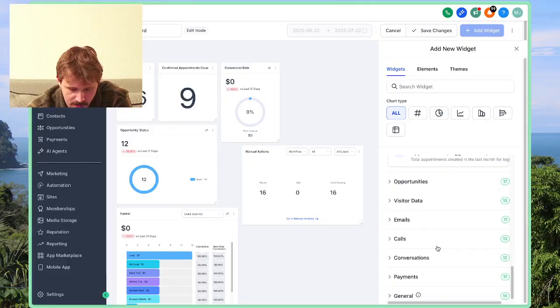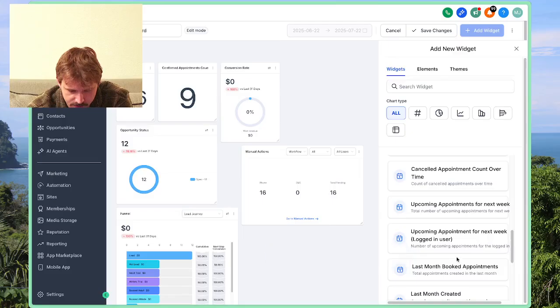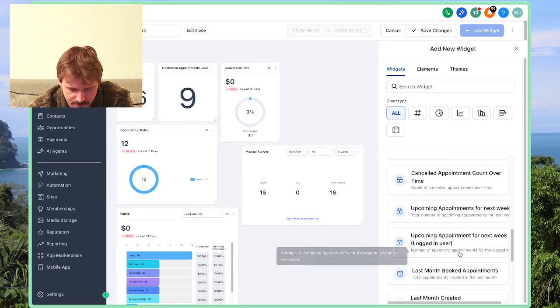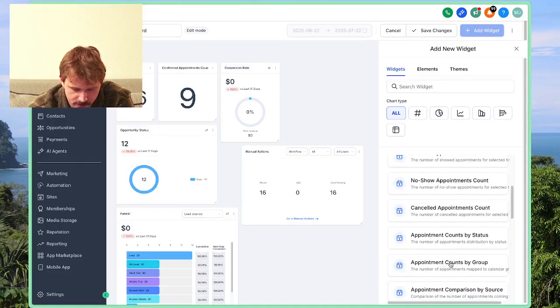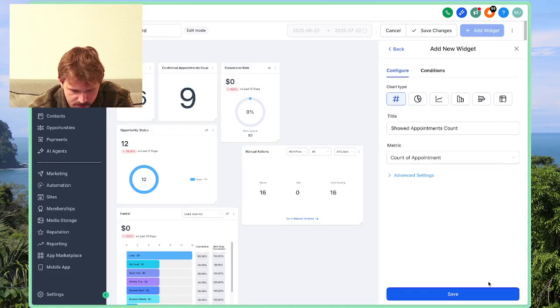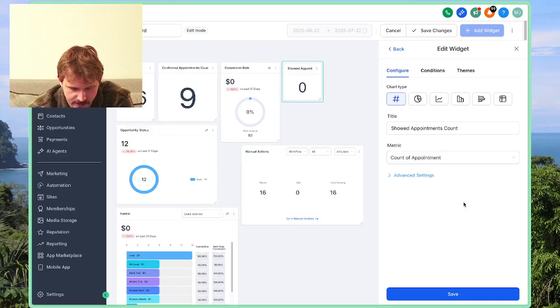Appointments. There are a lot of options in all these categories, really. There is no shortage of analytics that you can access. Upcoming appointment for next week. Upcoming appointments canceled, no show. So let's go by group. I think by group, in most cases, will allow you to see what you need. So by group means if I click on advanced,